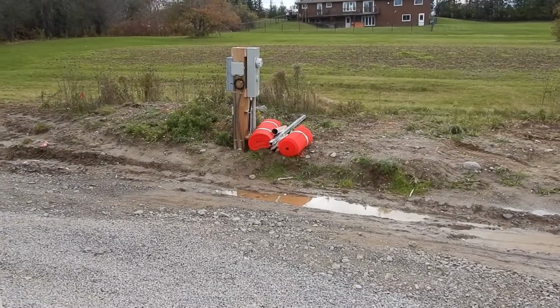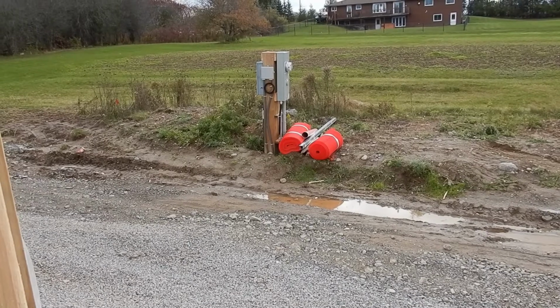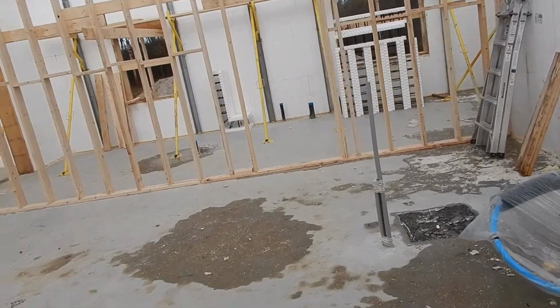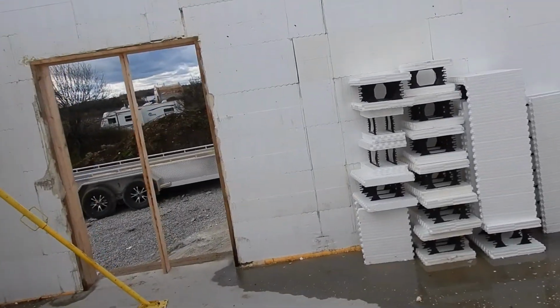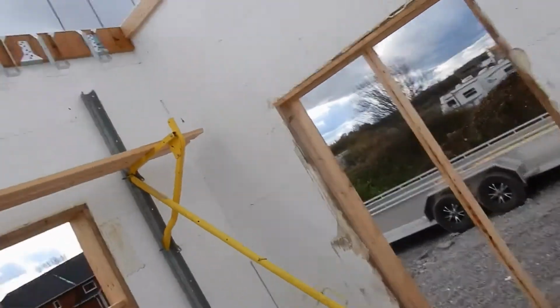And we'll be given a credit for that by Ontario Hydro. And at the end of the year, hopefully we're making money off of our energy production rather than paying money to Ontario Hydro to heat the house and to keep it lit and run the computers and all those kinds of things. So the idea is to be as energy sufficient as possible, autonomous, not reliant upon the grid,